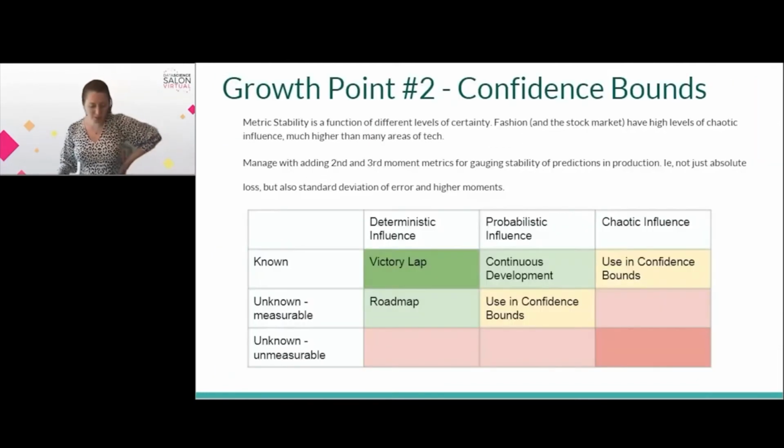Another growth point once we got this up and running was to understand that there is a component of fashion that is deterministic. Folks do have price points, they do have fits, they do have responses to different materials that are very deterministic. You can have 5 different styles that have those things in common and know how folks are going to react to that. However, the error, as we started to tune the system, started to form into 2 different types of